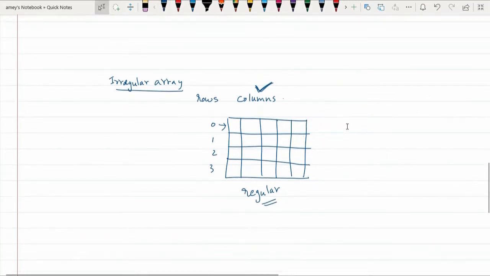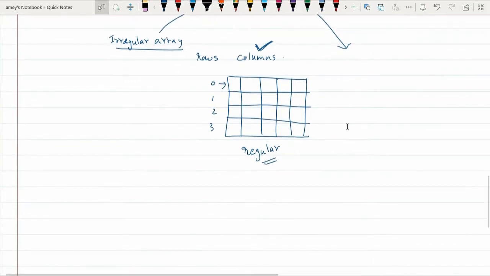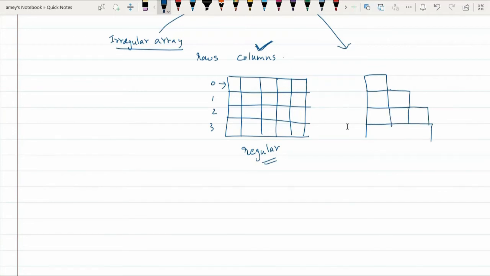Now, irregular array is something that we have already dealt with in FLAT. You remember we were doing minimization of DFA, in which we had seen the table filling algorithm. Remember that table that we had drawn? It was something like a ladder, something like this. So this is an example of an irregular 2D array.